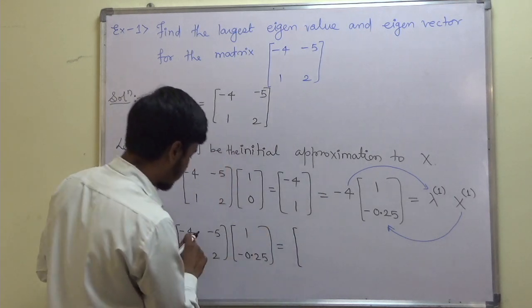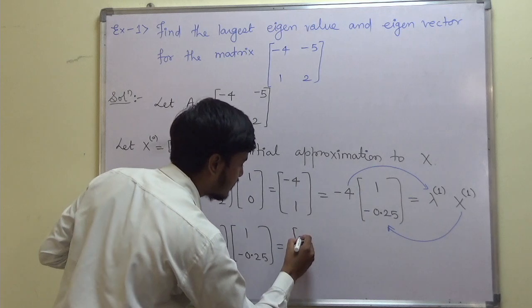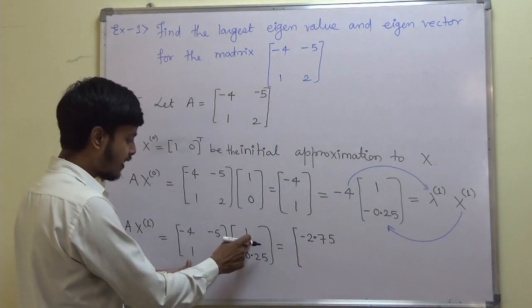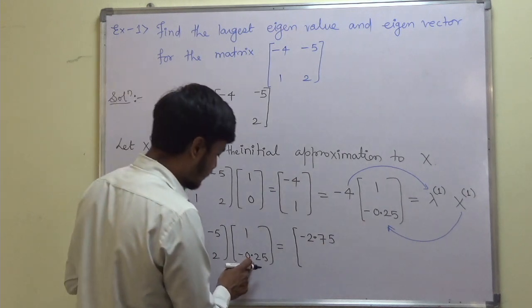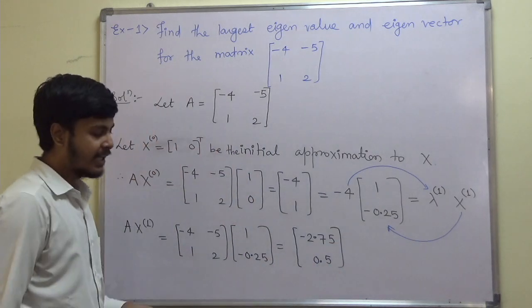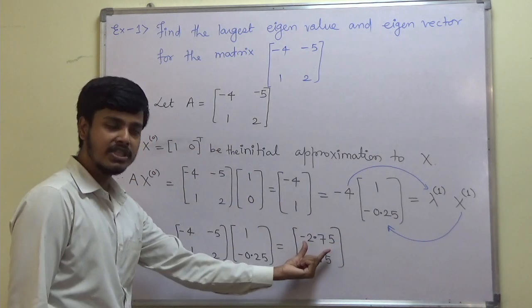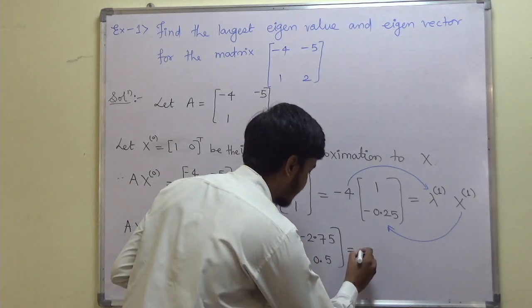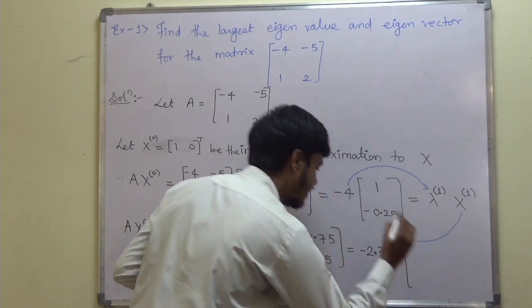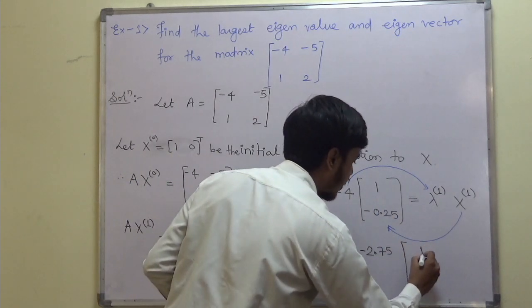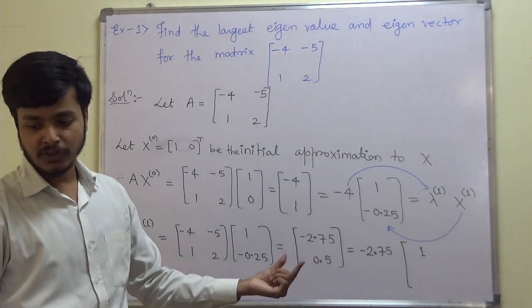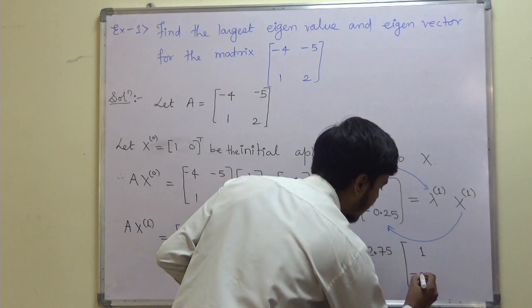Now just multiply minus 4 plus 1.25. So minus 4 plus 1.25. So this is minus 2.75. And this is 1 minus 0.5. So this is plus 0.5. Okay. Now again you have to make this position as 1. So what I can do is I can take minus 2.75 outside and it will remain like 1. And when you divide 0.5 by minus 0.25, what you will be getting? You will be getting minus